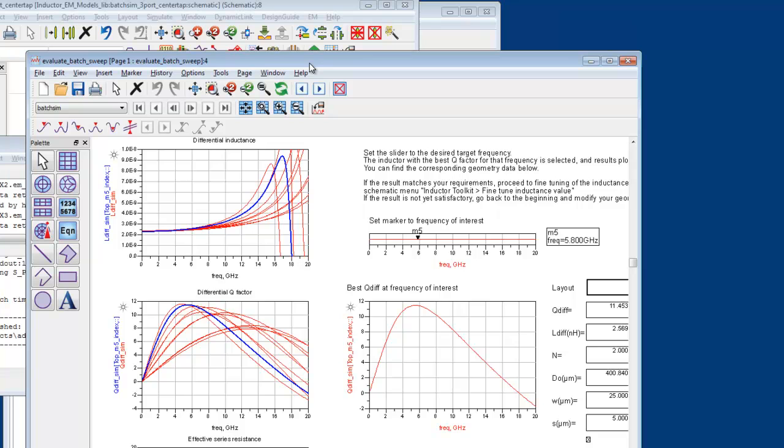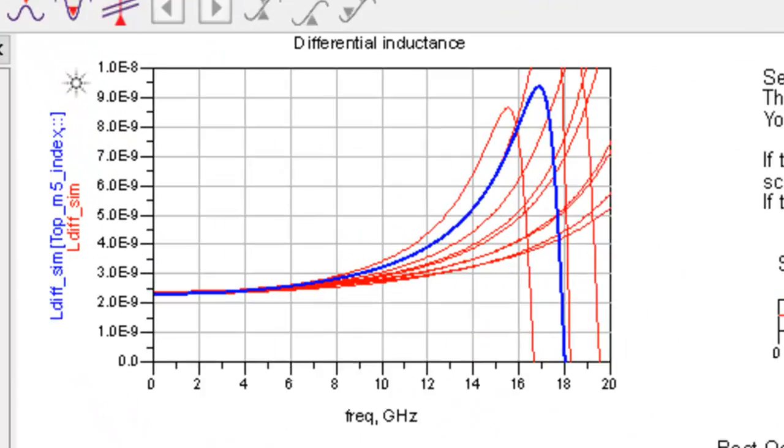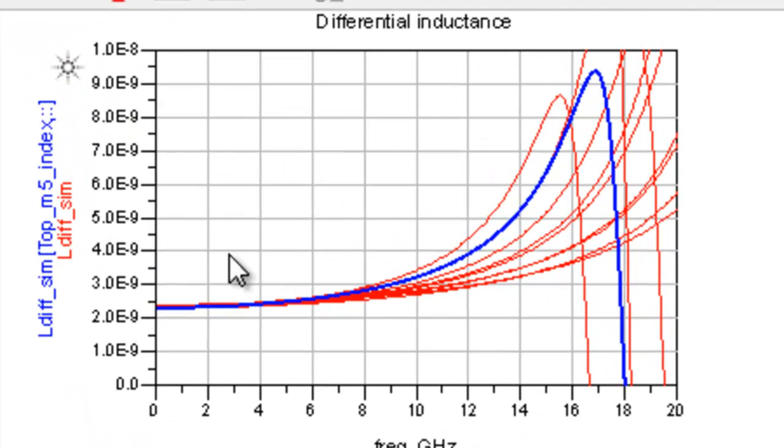So it's running all this through Momentum. Actually, in this case, we are using cached EM data from Momentum. So this is very fast. Otherwise, it would take a minute or two to get to this point. This is the overview window where you can see the synthesized inductor. You see all the different